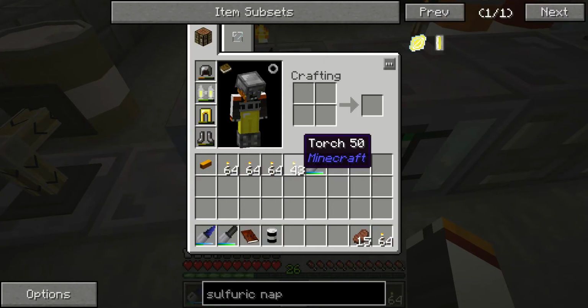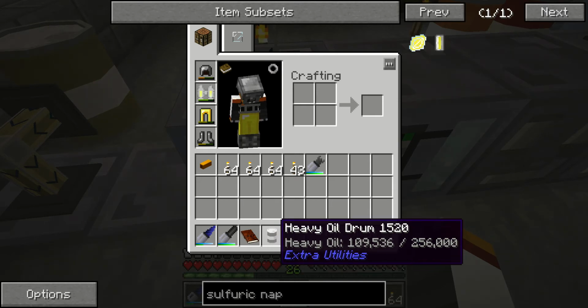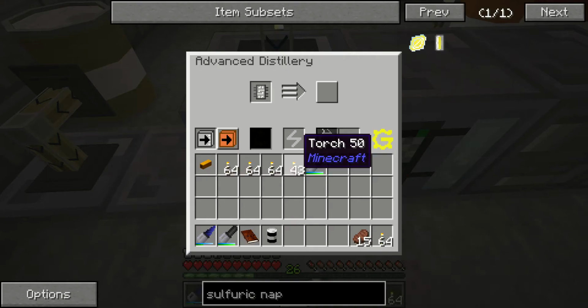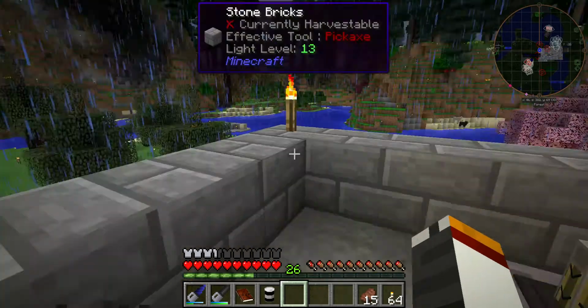So there are 3 types of oil in GregTech, or maybe a 4th. There's that Railcraft oil, but I think it treats it like raw oil or normal oil. But anyway, you have heavy oil, you kind of have regular oil, and then you have light oil. And so I will go ahead and tell you right now, the light oil on this is not something